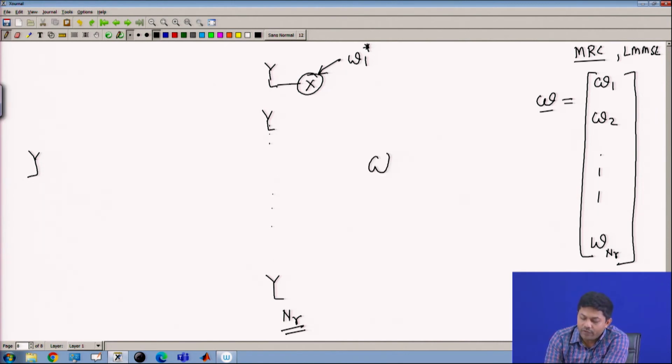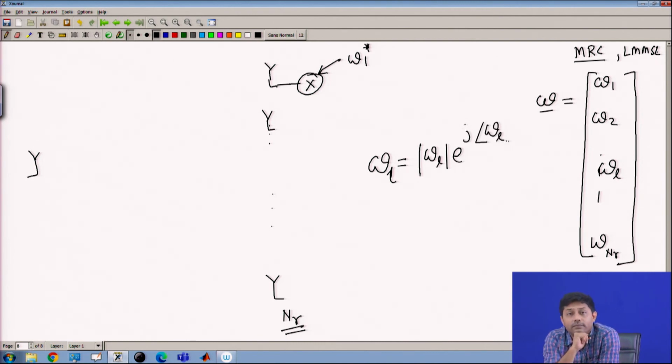So, each and every W1, can I think of it as a complex number, right? So, let us say the Lth coefficient, can I have it like this? Something like that. What does it mean? It is a complex number, it has a magnitude, it has a phase. Obviously, any complex number has that. So, I split that. I said, okay, I have this which is a gain, can I call it a gain? This part I call a phase.